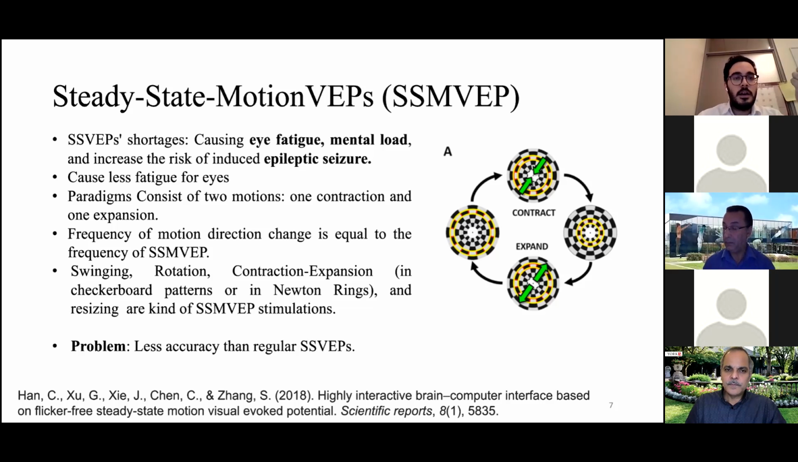For the paradigms, for example, in the contraction expansion of a checkerboard, like what we have shown in this figure, each ring switches the colors of its black and white board, and other rings do this action respectively in such a way that the subject imagines that the image is contracting or expanding, which means the movement starts from the center of the image and goes to the borders, and again it comes back to the center. And this reciprocal movement